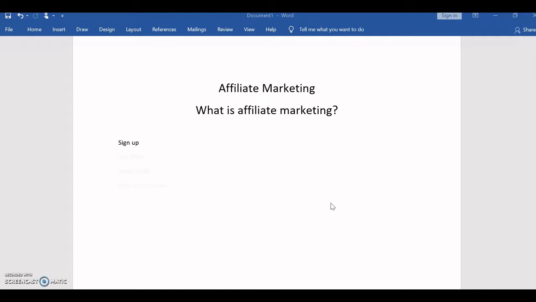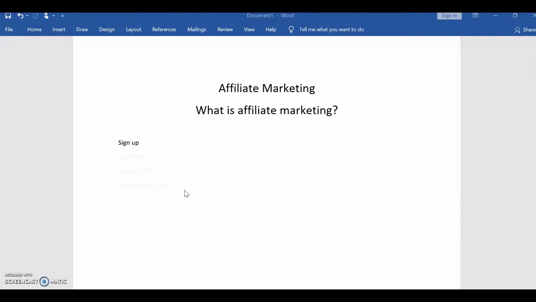Affiliate marketing, in simple terms, is selling a product or a service that belongs to another person or another business in exchange for a commission. So with affiliate marketing, you can sell digital products like courses, you can sell software, you can sell physical products like the ones found on Amazon. You can also get paid by sending leads or prospects to a business without necessarily making a sale. Just for taking leads to them, you get paid.